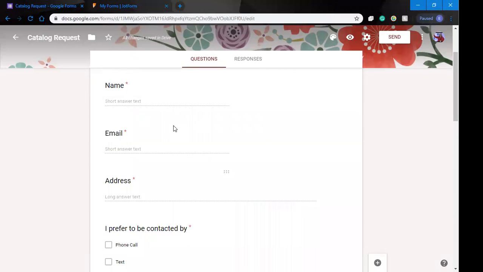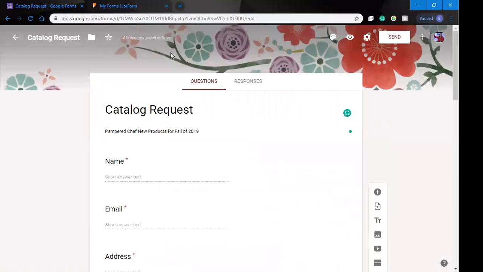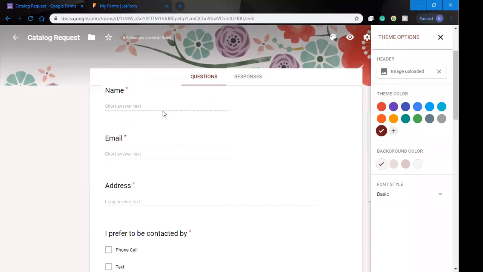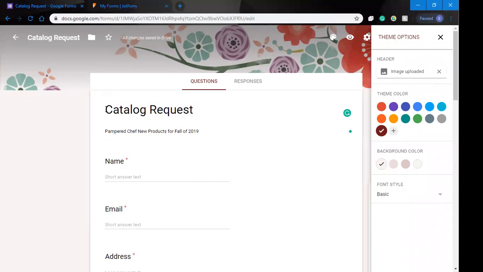And you can change this up. And you can actually change the banner too. There's a way to change it. And you can change the font. If you go to the easel, you can change what kind of font you want to use, the color of the background. If you choose a different color, it'll take off the flowers. So, and maybe I would put